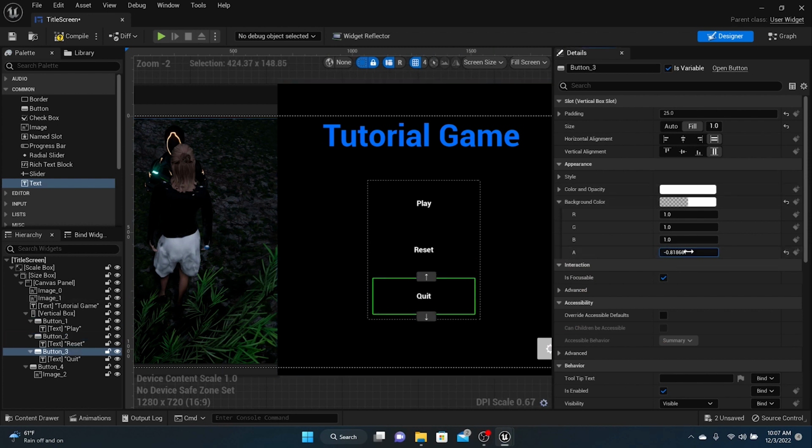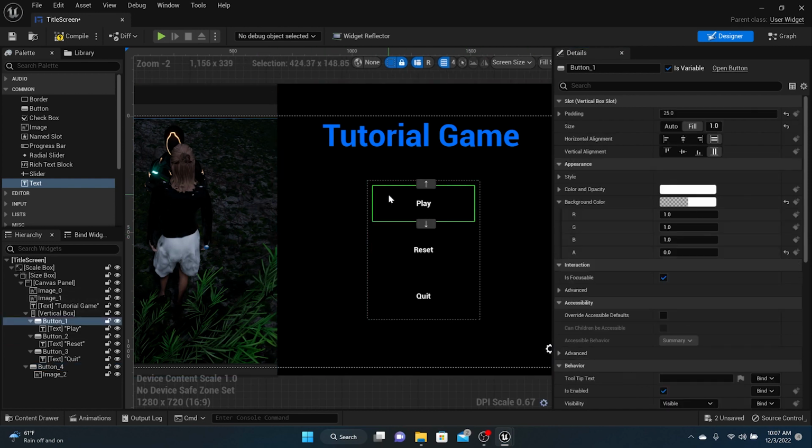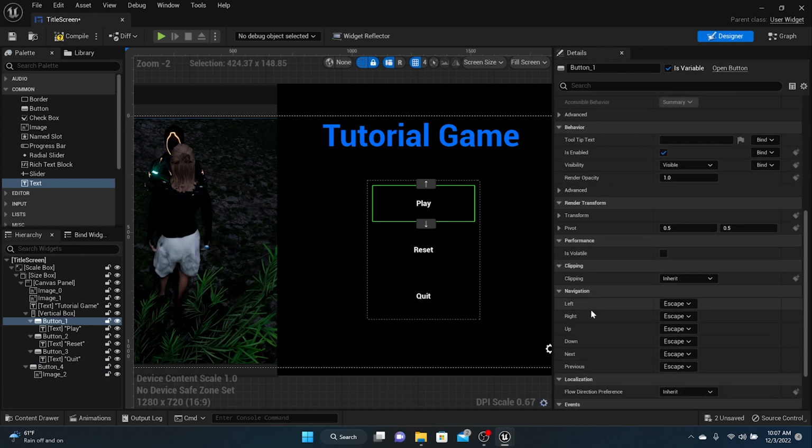And I'm going to quit. Now that way, there's buttons there, but it just doesn't look like there's buttons there. And that gives it a little cooler feeling. Also, on your buttons, you can control what happens when they click on the buttons, actually. I never showed you guys that, but